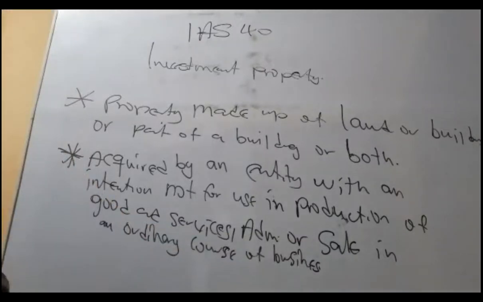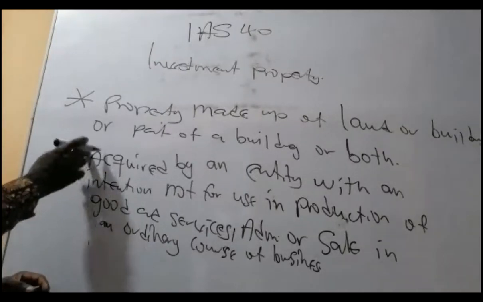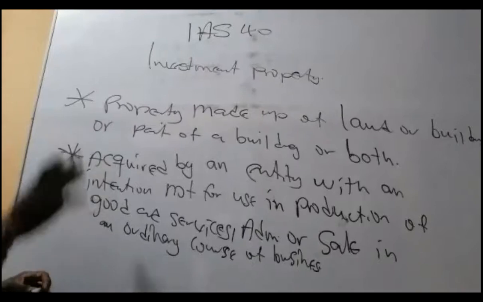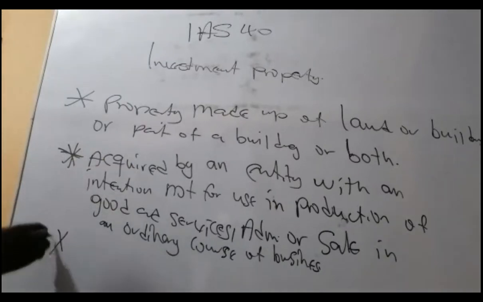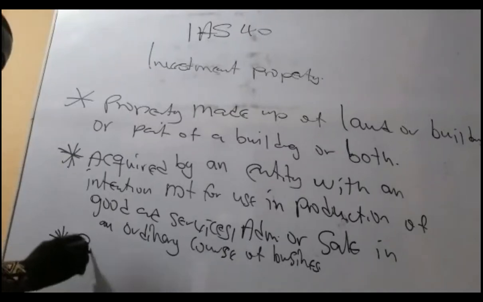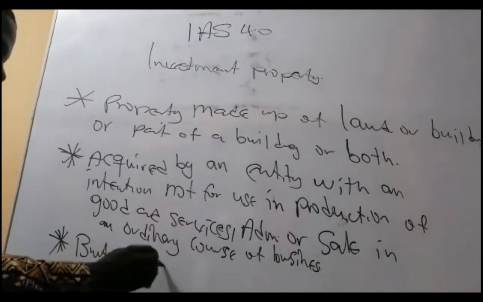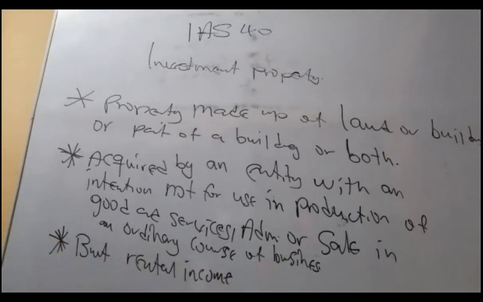So this point is just saying two items. You are not going to use it, you are not going to sell. In summary, the asset that you've acquired, you are not going to use it. You are not going to sell it in the normal course of business. That's point two. Then point three. So the question is, why will you buy assets and say that you are not going to use them, especially land and building? You buy a nice building or land, you are not going to use it, you are not going to sell it. Then what for? But for rental income,